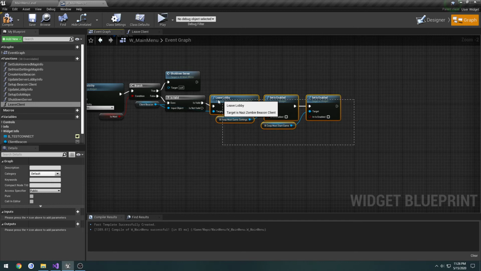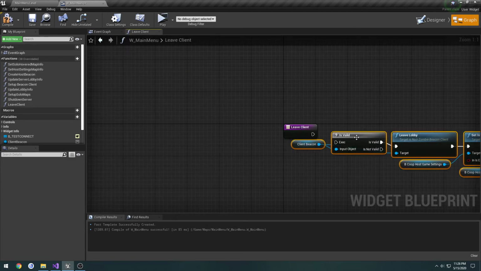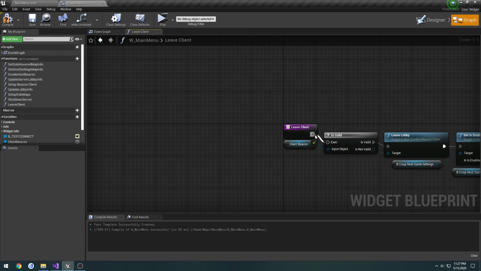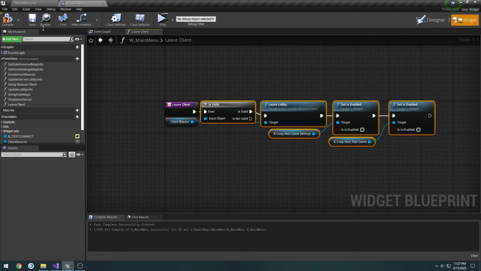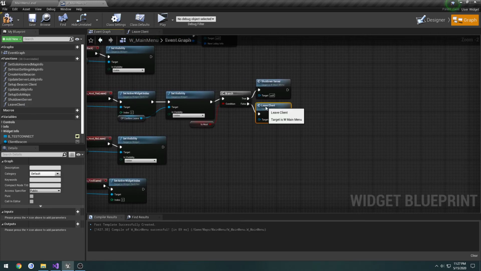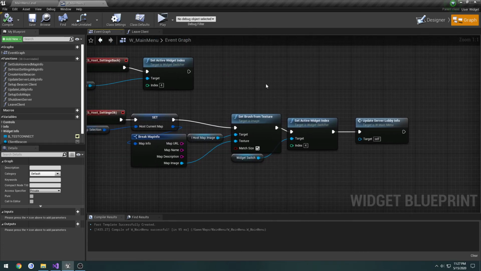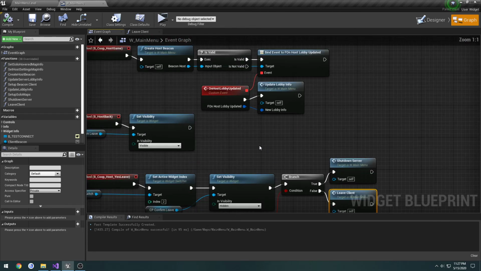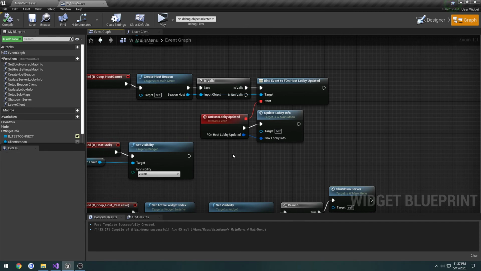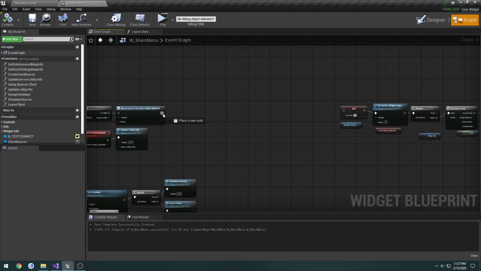And that's going to be all of this. We simply call leave client. Compile and save, and make it private. That all's fine. Let's see. Curious if I reconnect that, that's going to fix the issue. And if so,